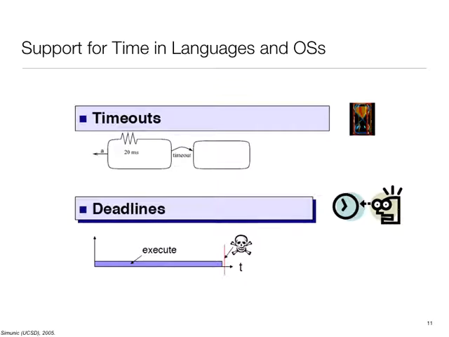So a typical example for this is if I'm trying to do some I/O. So I would say wait for that data to arrive, but I don't want to wait for more than a certain time because maybe the outside world is hung and I want to take some corrective action. So that's the timeout thing. So how would you do timeout in, let's say you are writing code in C or